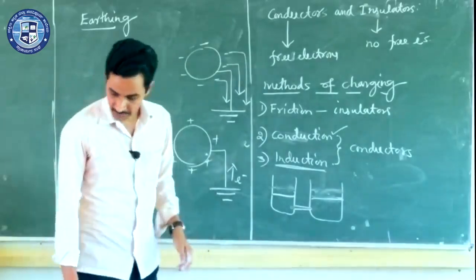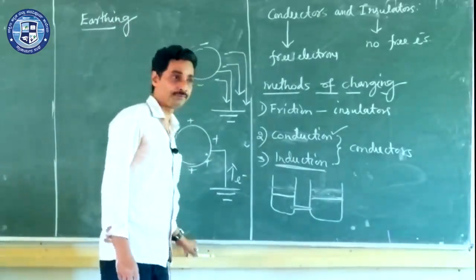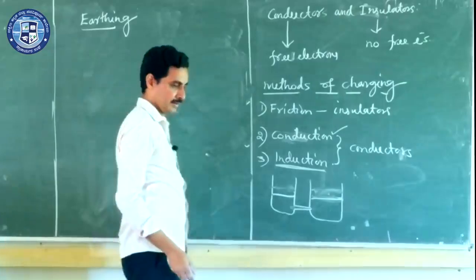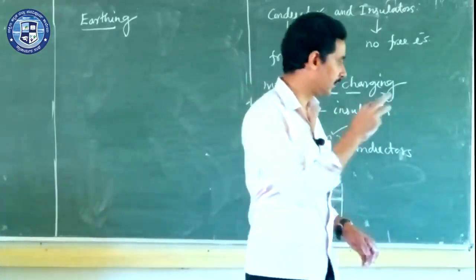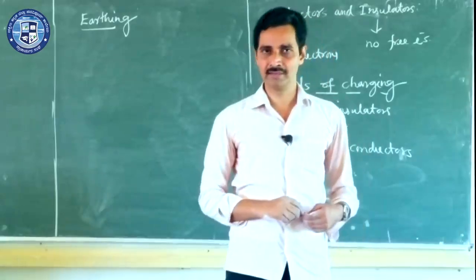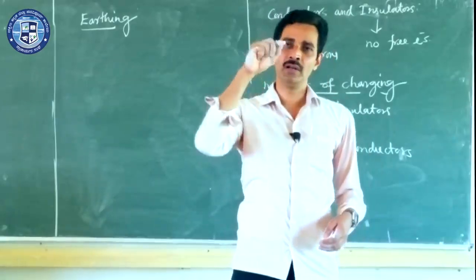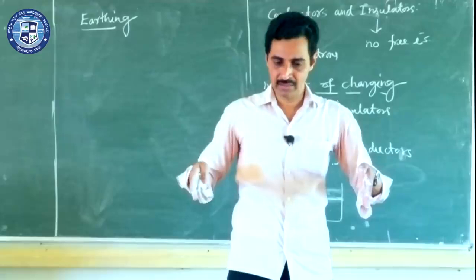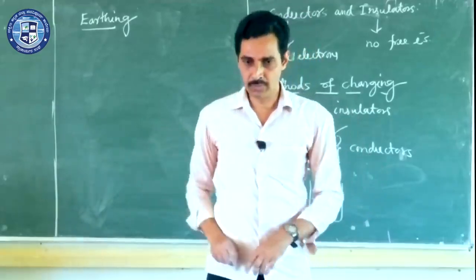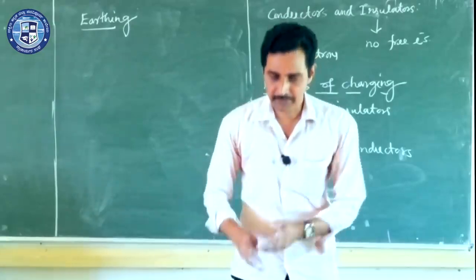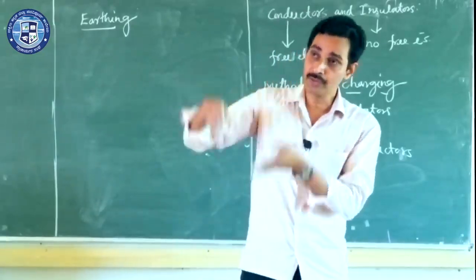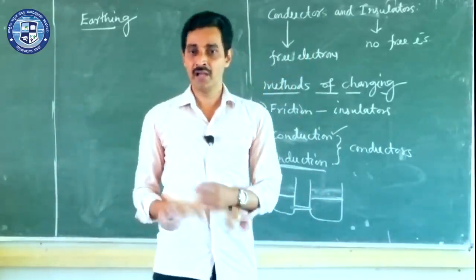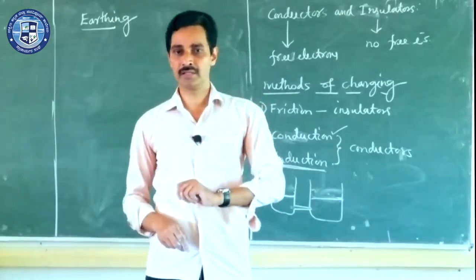We use this earthing in our day-to-day life. If you go home and see the electrical connections in your house, you have three holes in the plug, and one is called ground, earthing. One wire is always connected from that hole to the earth. While making electrical connections in new houses, they dig the earth and make some space, and put some salt, charcoal, and some other things, and a very good copper rod, which is a conductor, and connect it to that earthing wire.